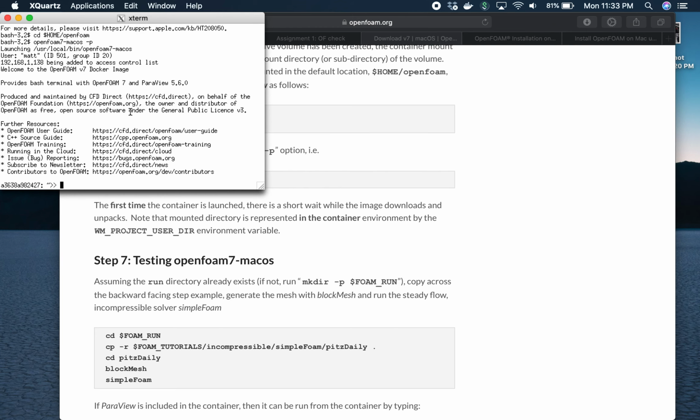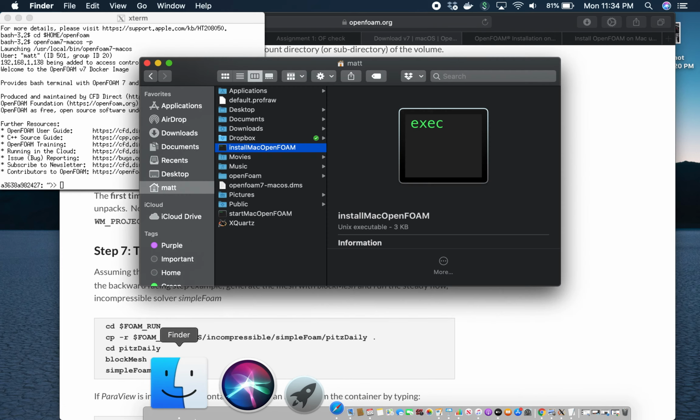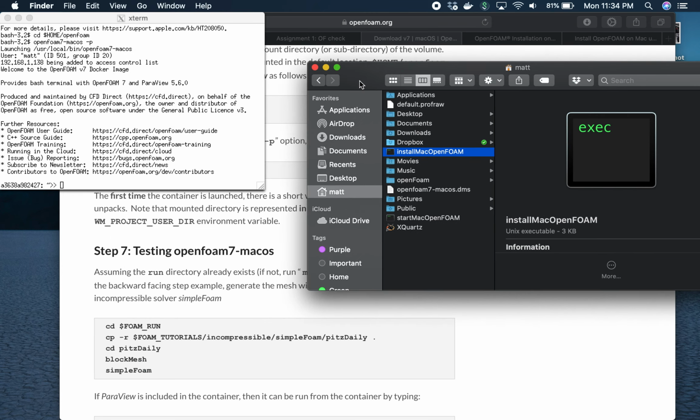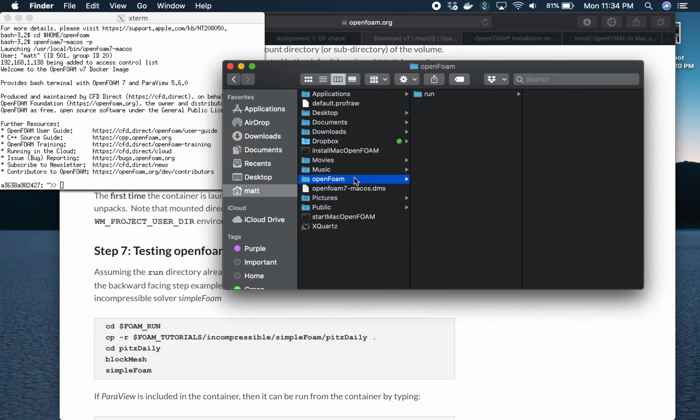Launch that, and now you're in OpenFOAM. Now, like I said before, the CD is just moving into the filing system. So if we look at the filing system, I found that on the Mac it's best to put it under the user. So you have your OpenFOAM folder right here, and then